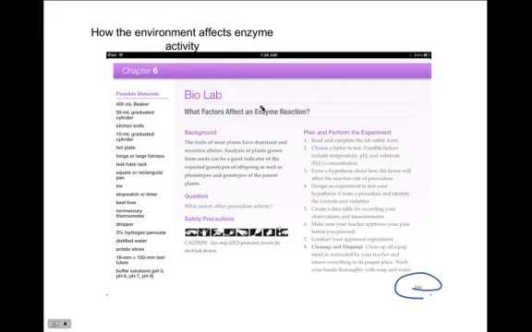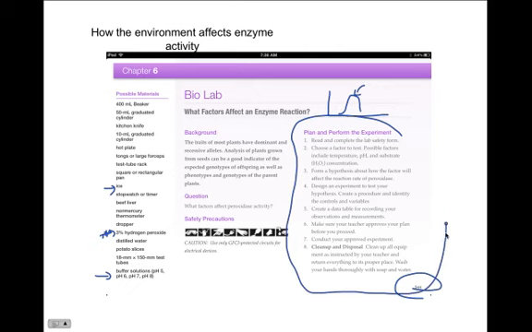But we also know that there's a range in which the optimum enzyme, in other words, peak activity of enzyme activity, functions. That could be environmentally determined by their substrate. We're going to look at how buffers, in other words, how does pH affect the role of an enzyme? Some of you might want to figure out how temperature affects the role of an enzyme. So what I want you to do is check out this plan.